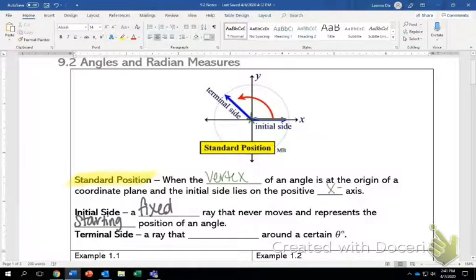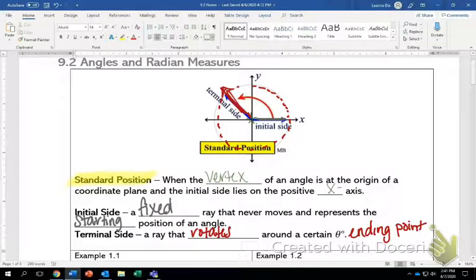Now your terminal side, think about like a terminal that you are going to go somewhere. It's sort of like your end position of the airport before you leave the airport. So terminal is a ray that rotates around a certain degree. So this is our terminal side right here. It is going to rotate around. It could stop here, it could stop there, it could stop over here. It doesn't really matter. Notice how the terminal side is sort of going to follow this circle because it's just rotating around. So you can think about this as your, like, not starting point, but your ending point,